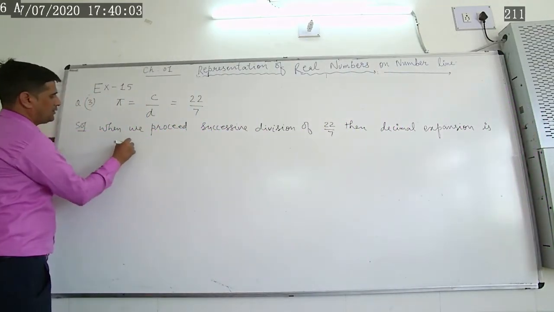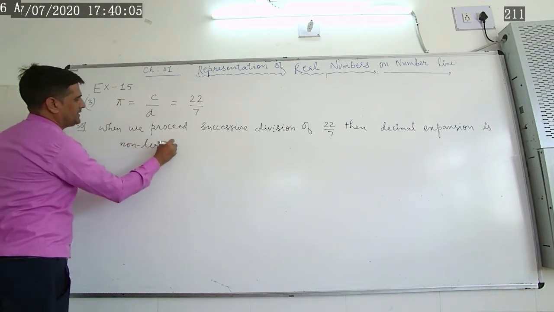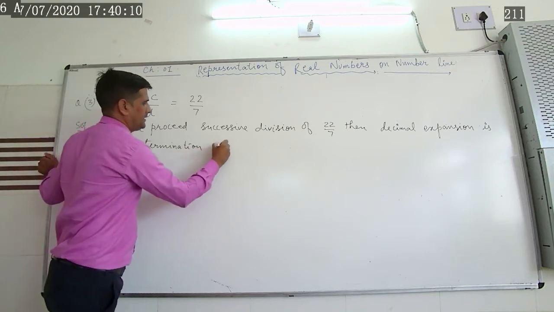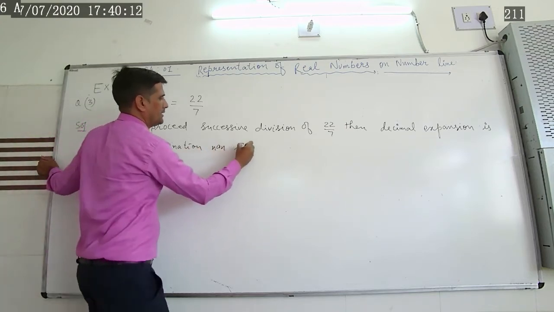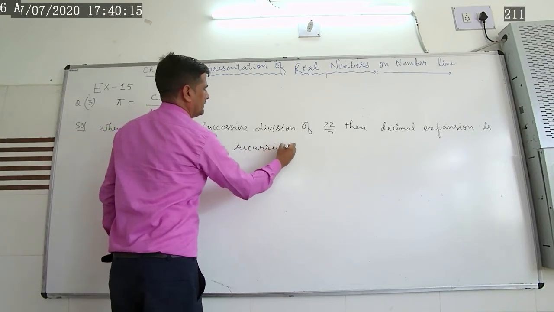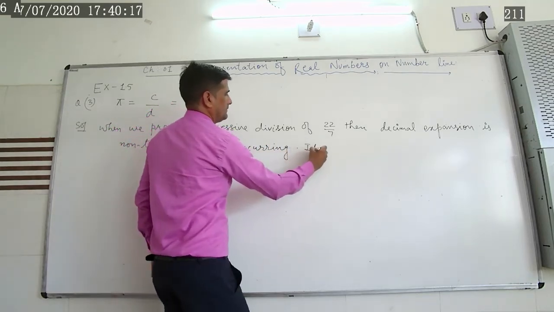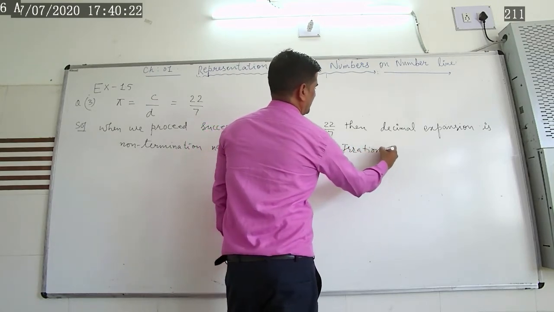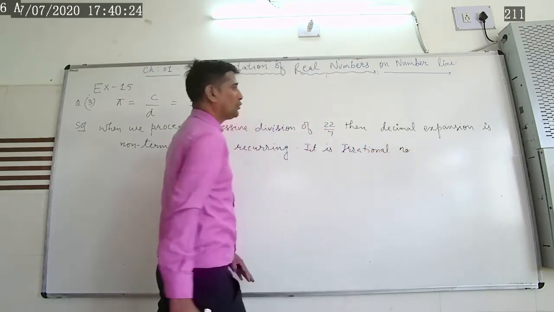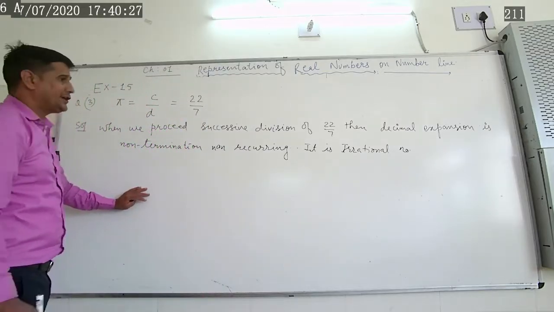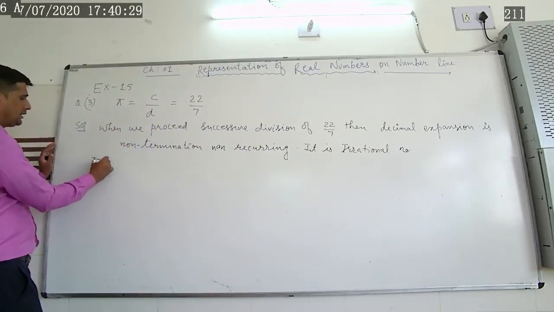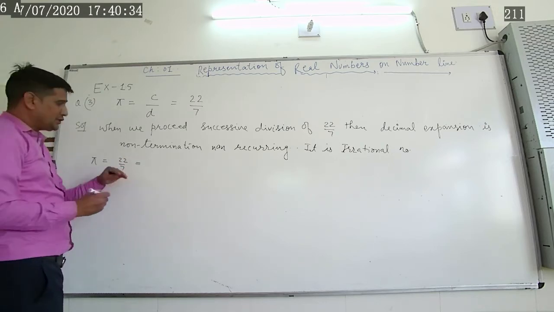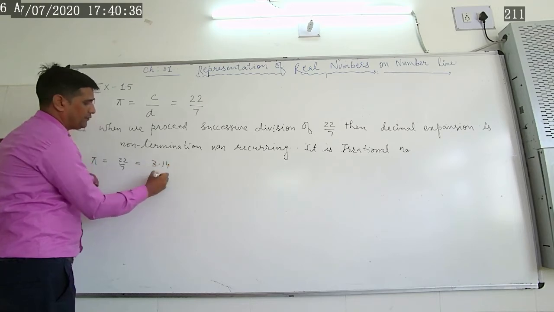is non-terminating and non-recurring. So it is an irrational number. So what is it in itself, son? It is an irrational number. So pi equal to 22 by 7. If we do its division then the quotient that is coming